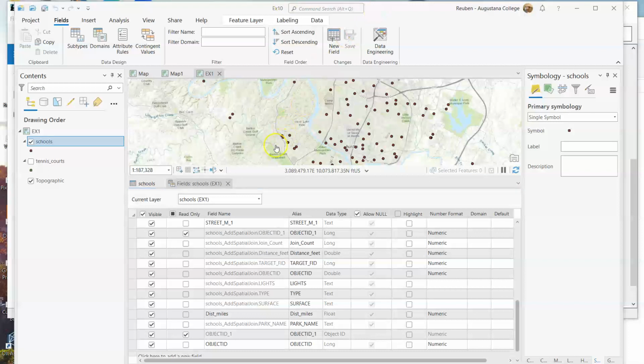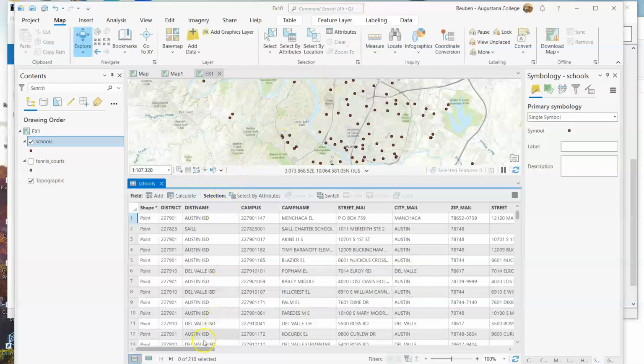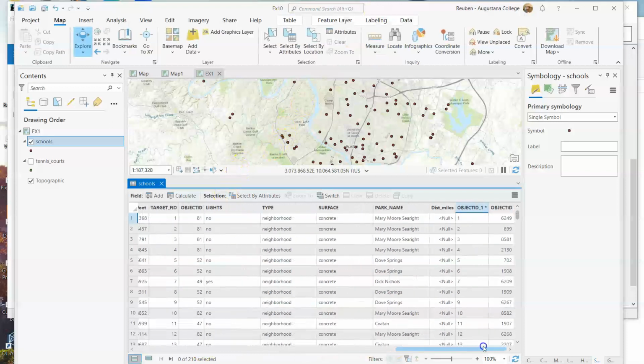So the expectation is once you have this done, it'll add this new field. Even though you called it distance in miles, just keep in mind it adds an empty field. And so notice all the values presently are null. It doesn't know what to put in those individual cells. So to populate those, we're going to use the